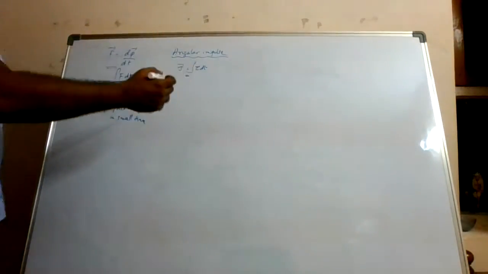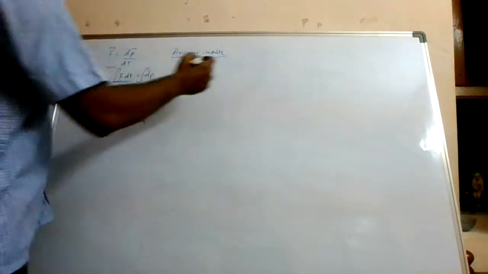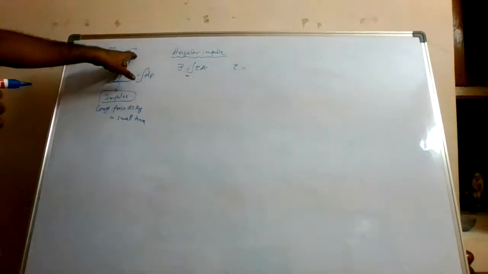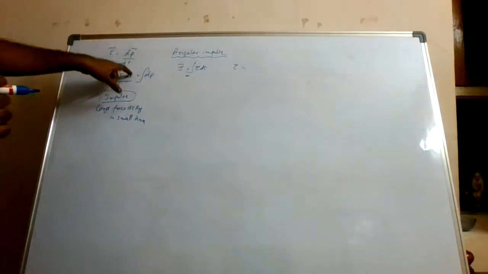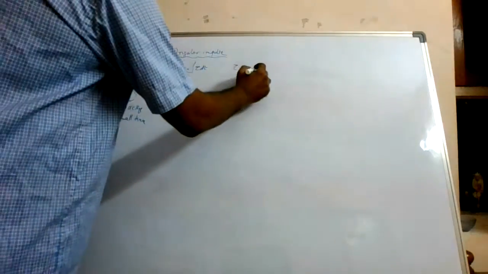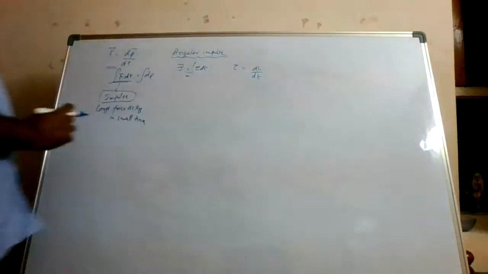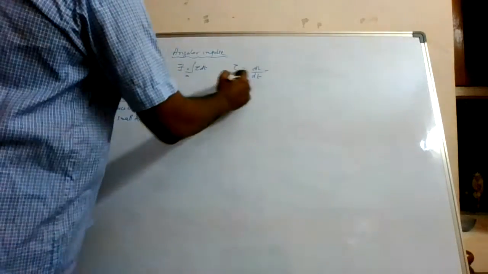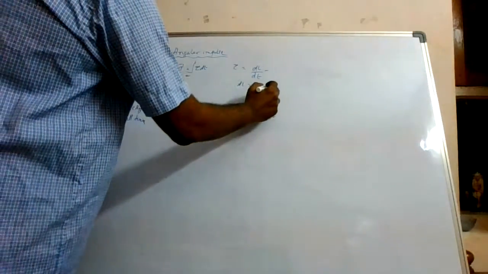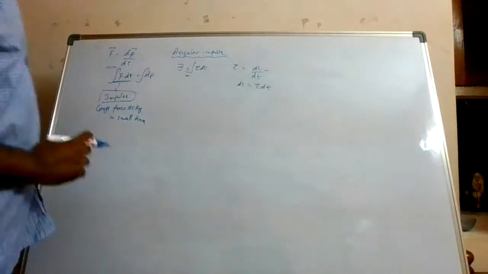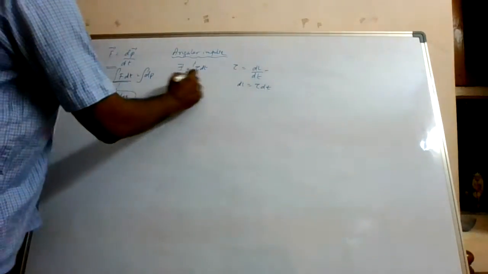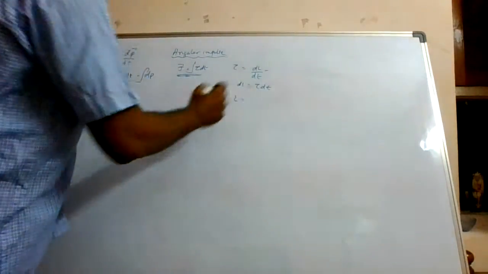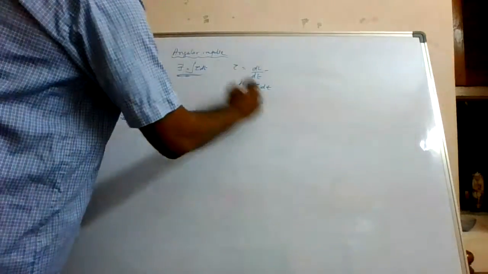From where has this torque come? See, force is equal to dp by dt. What is this dp? It is linear momentum. So dp by dt is the change in linear momentum. Similarly, torque is defined as the change in angular momentum. They are comparable terms. So from here you get dL is equal to tau dt. Tau is the torque, dt is the small amount of time. So this is how you get the angular impulse. Now you know that this L, angular momentum, can also be expressed as I omega.